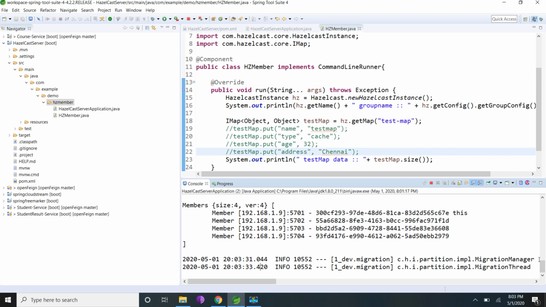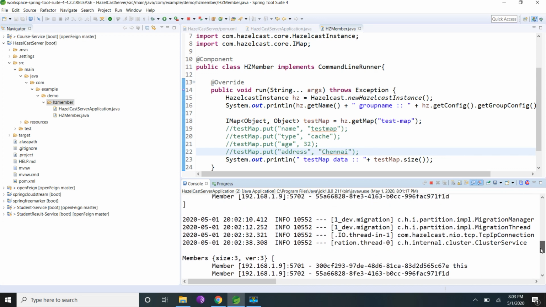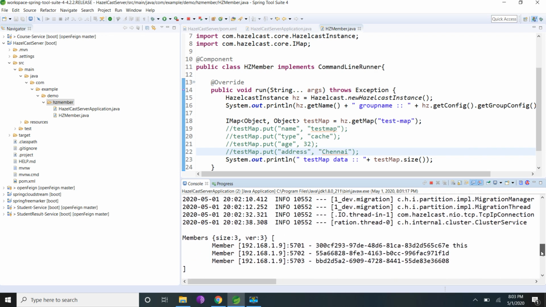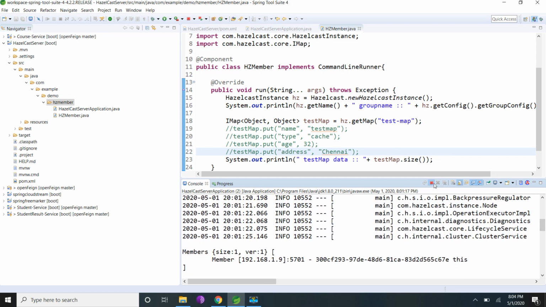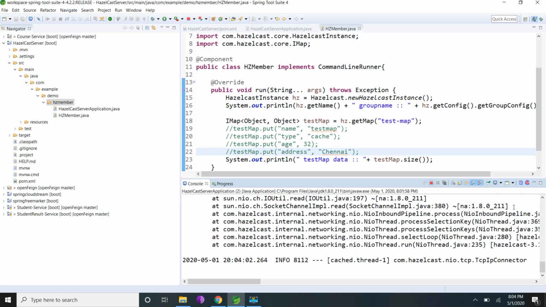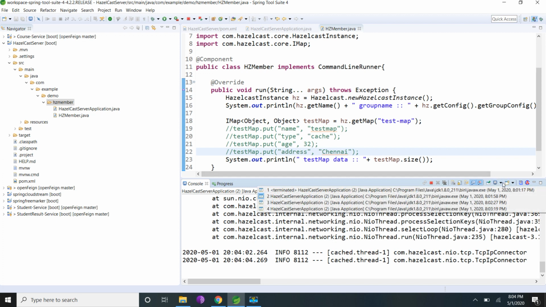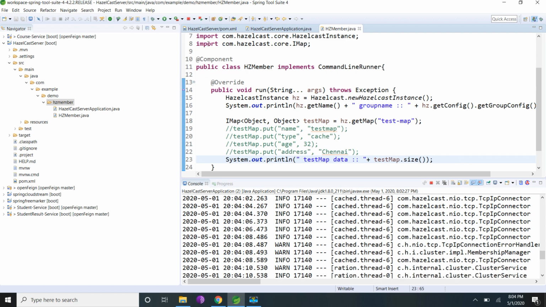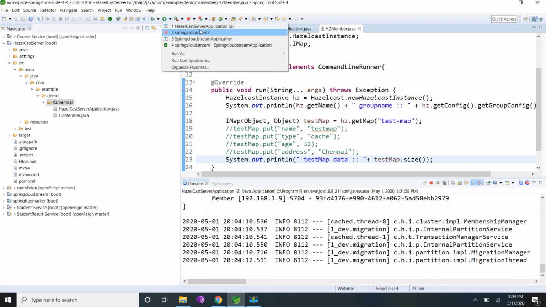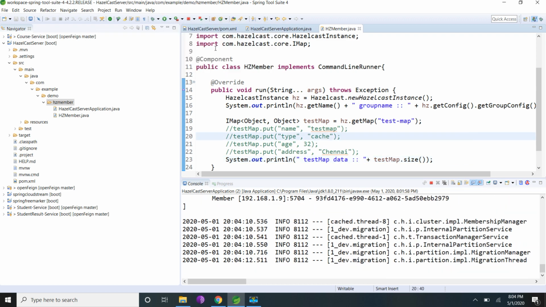This is the first node. If you see, it was connecting when we added the third instance, it added. Similarly second and first. So if I bring down this node, now we have 3 instances of Hazelcast. And if I start one more instance, or I'll create a client and I'll show you, it will be having a map with 4 elements.